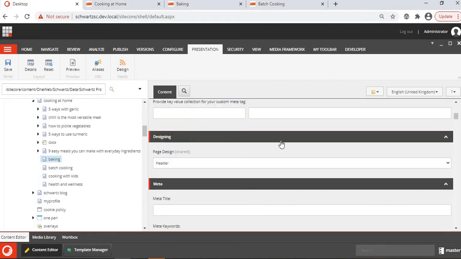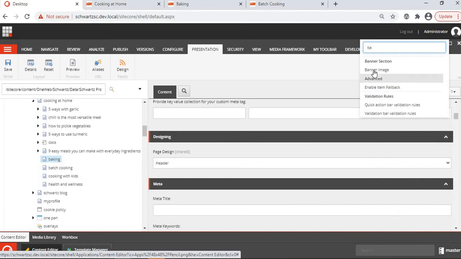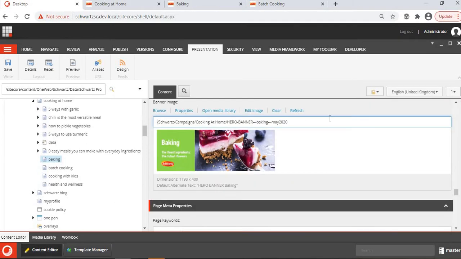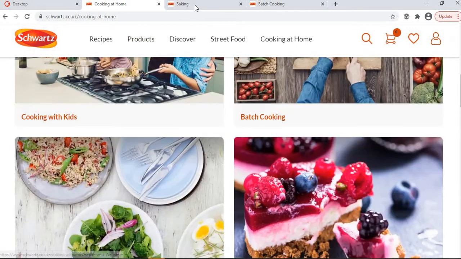So the first thing is the banner. Again, the page design which we're using here is always header. And for the banner, in the banner image section, you add the banner over here. And the next, after the banner, we have